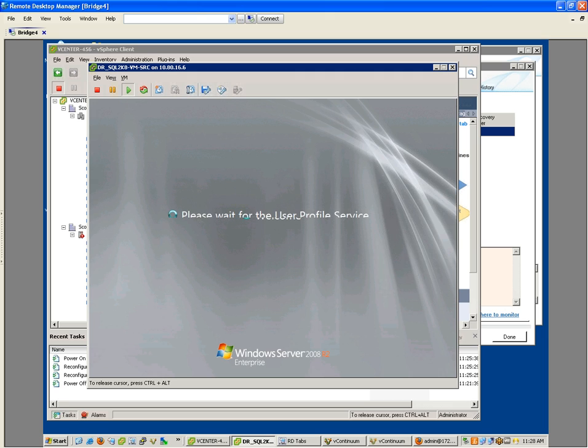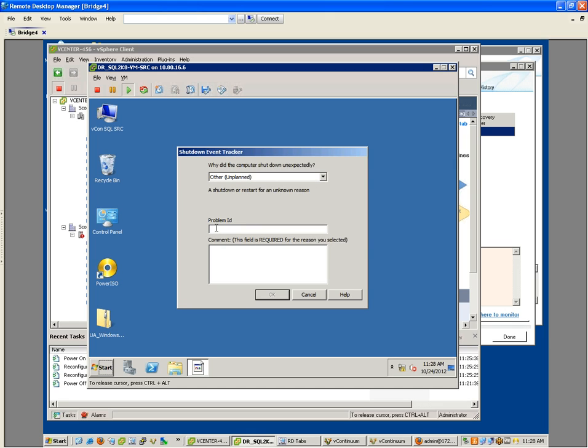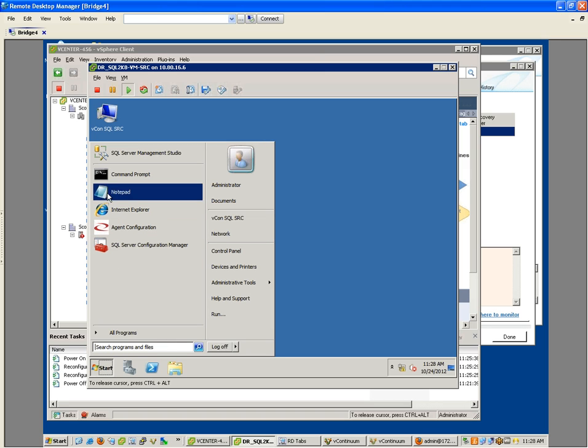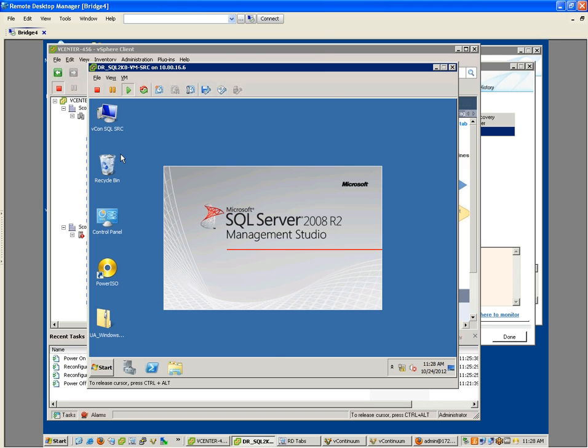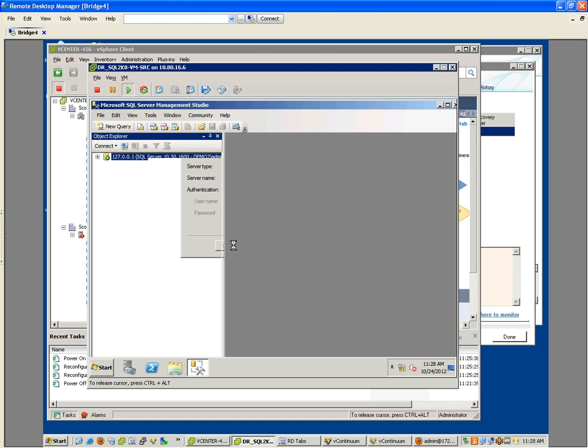I'll go ahead and log into this server. And once we log in, the thing that you'll notice is we're actually going to trigger the event prompt, so you can log it appropriately if you bring this server online. You'll be able to keep track according to what the requirements are within your organization. And then now we'll simply go ahead and launch SQL. It's a little laggy because we're going through the VMware console, but nonetheless it'll show us that SQL Server will start up, and we're essentially ready to accept and process write transactions at this point.